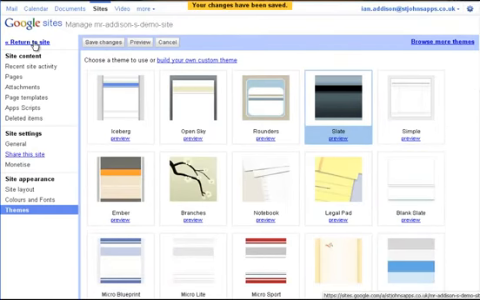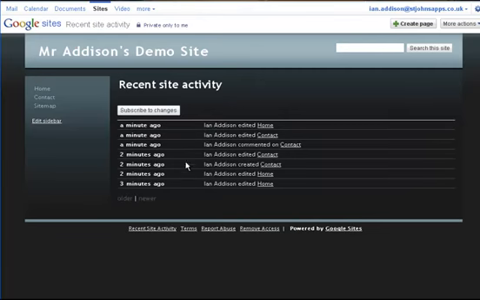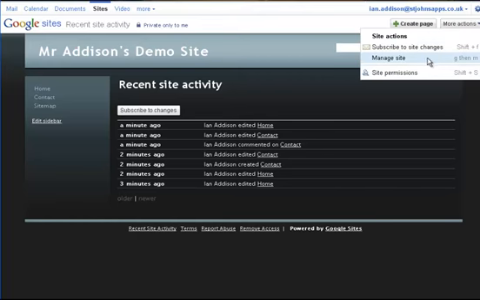There's a few other options on More Actions, and one that I'll show you is quite an important one if you're working with children. This Recent Site Activity will show you the people that have been working on it, and will show you the children's names of who's been on that page. Now, if you're making these public on the internet, you may not want the children's names to be available, so I'm going to go to More Actions and Manage Site,